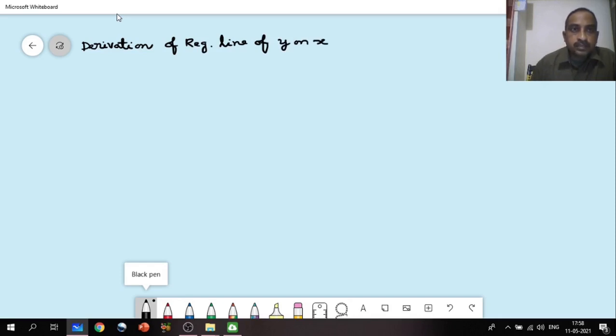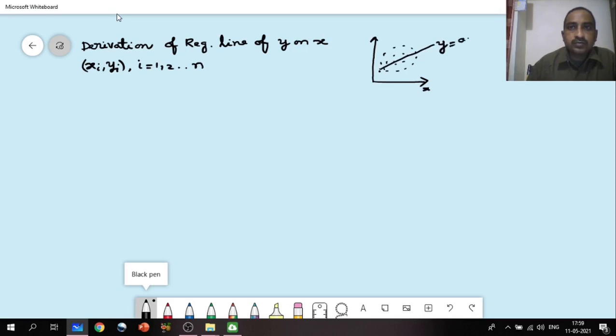So suppose (xi, yi), n data points 1, 2, and so on up to n, are plotted on a scatter diagram. You may get it like this, and clustering the points, you will get a straight line that is nothing but y equals a plus bx. So now let y equals a plus bx be the line of best fit